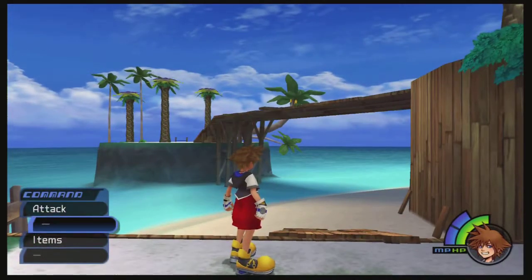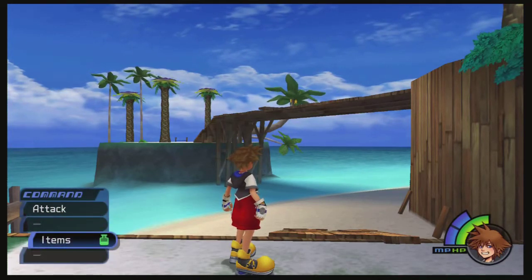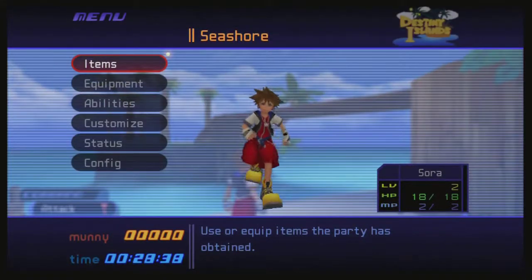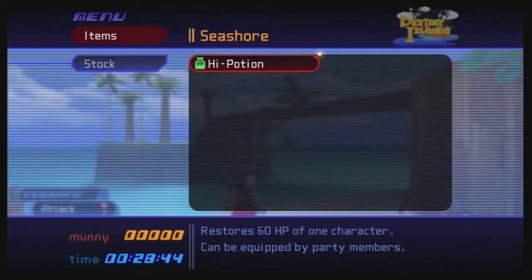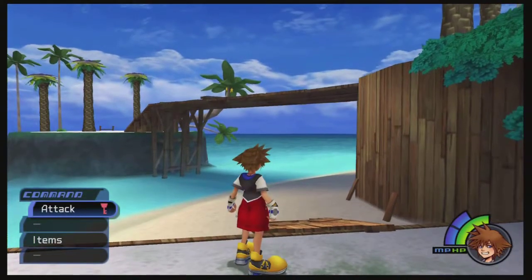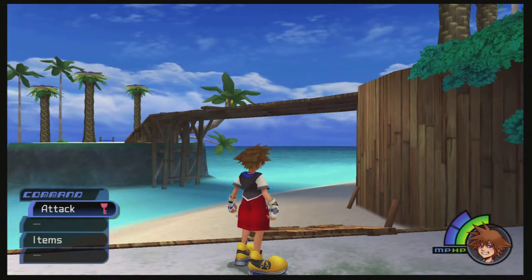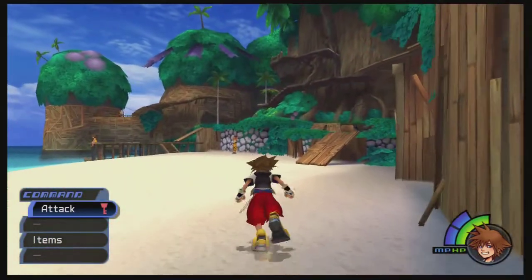So if we look at our items and use the directional pad to go up and down the command board here, hit items, and we have a potion equipped. Now, we know we have a high potion, so let's go take a look at that. We'll go to items, stock, high potion. This restores 60 HP of 1 character, and I believe potion restores 30. Now, our HP is 18, so using a high potion at this point is pretty unnecessary. I mean, a potion will cover it. So, for now, we'll leave the high potion in the stock,